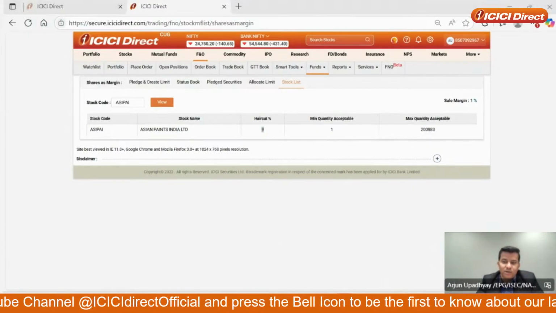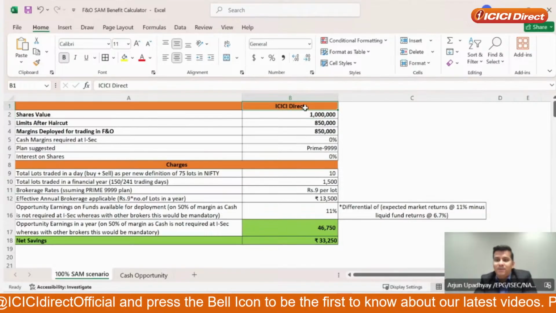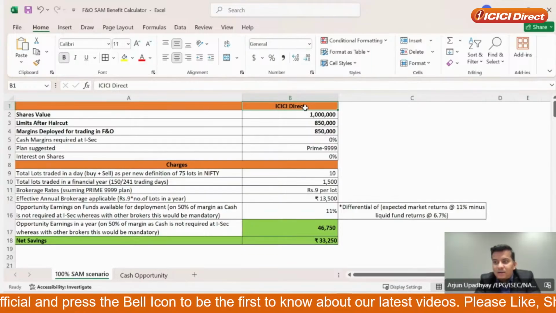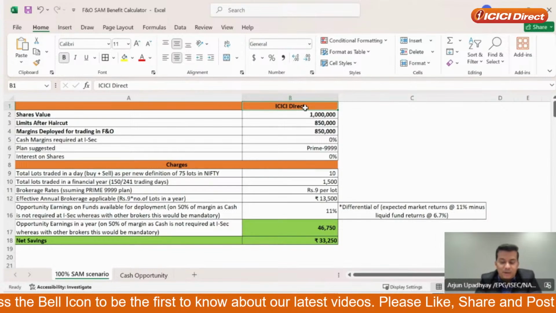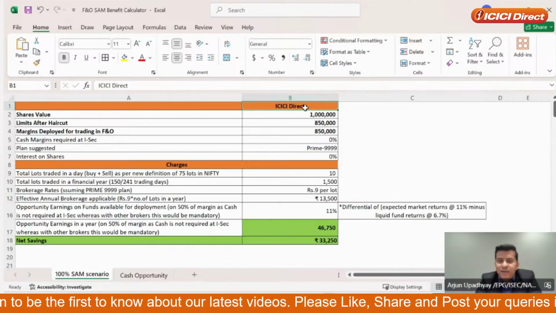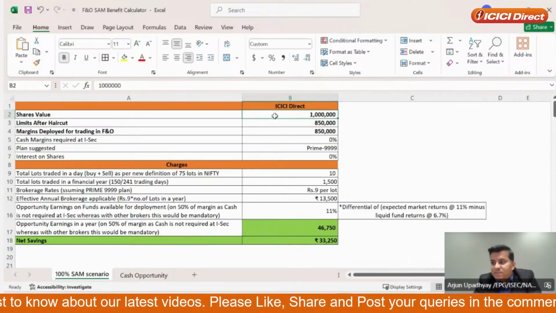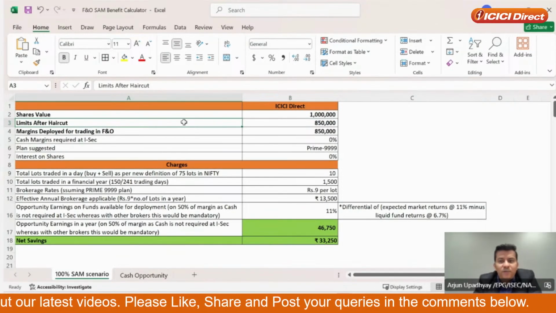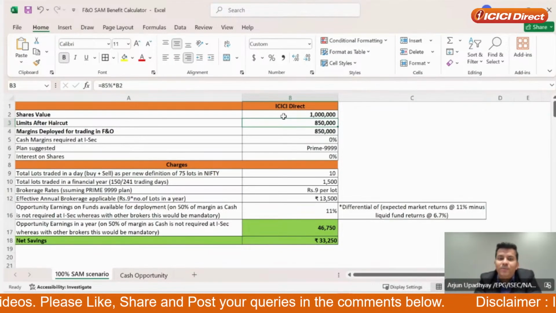Now, with these two things sorted, if I go ahead and pledge my shares, what are the pricing elements that come into play? So I've brought up my Excel, and this is a very simple Excel which we built for this webinar. Now, assuming there is a customer who wants to enter the markets and wants to deploy a margin of 10 lakh rupees, or rather, he has holdings worth 10 lakh rupees which he wants to pledge. So the shares value that he has pledged is 10 lakhs. Assuming the haircut on those shares is 15%, obviously 85% of that money comes to me as margin. So I get a margin of 8.5 lakh rupees, right?